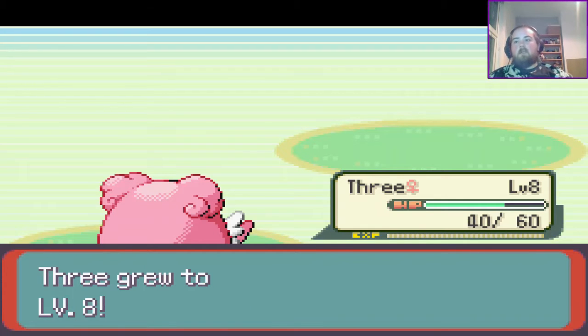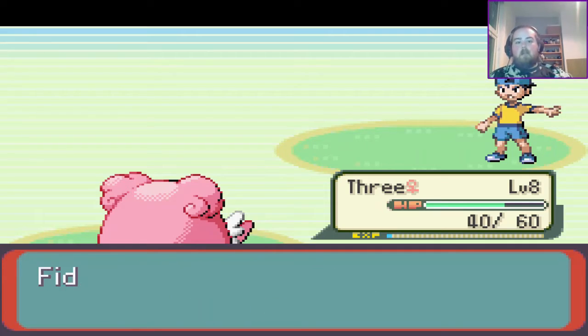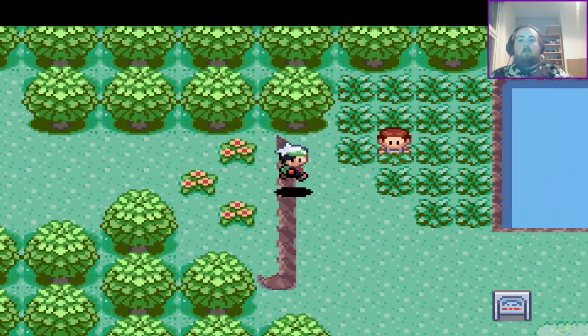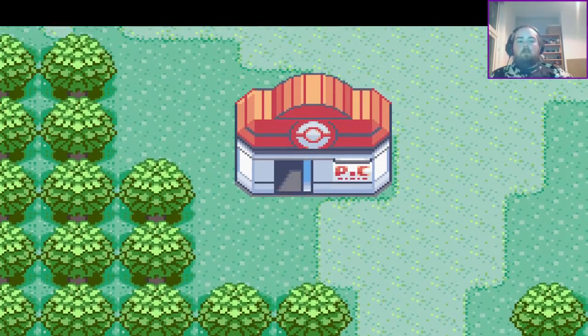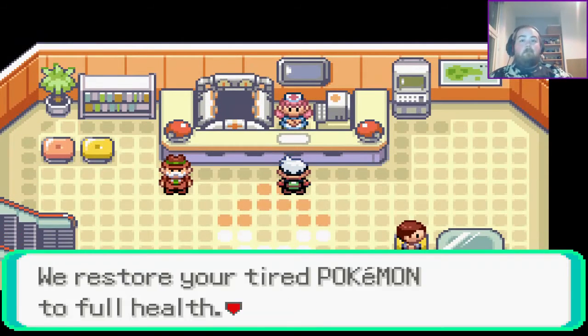So obviously this is where we got to last time. We were one level higher last time. We got unlucky with the Phanpy. Not a very strong Pokemon. Obviously it's weak to Shroomish, and its only attacking move was Tackle. Did not do a lot of damage. We'll go heal, and then we'll try and fight...